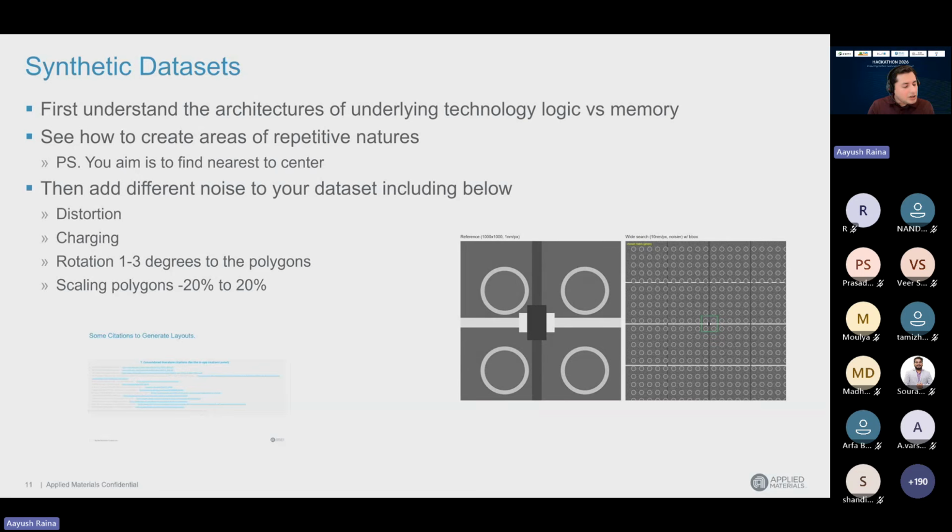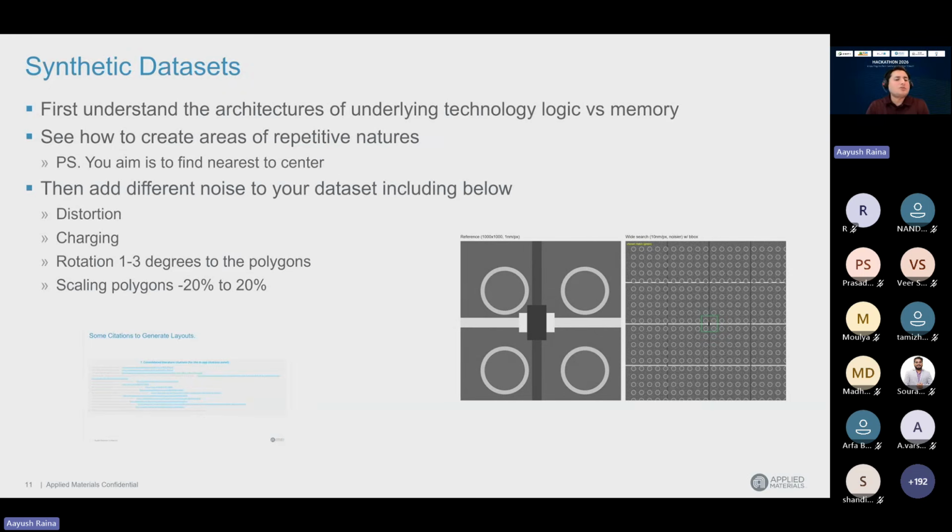Arfa has asked, will we be getting 2 images? Will they share them with us, or is it a download link? No, you are creating data sets as part of this. We will give some images somewhere in the middle, but as of now, you should start creating data sets based on what we are talking about right now. That's why we are saying, hear more from me on this, and then we'll talk about how you can create them. You can rotate line angles and see how it looks. For all of the code, you can use Gemini and other methods to rotate it, and observe with your eye whether it is doing justice or not.